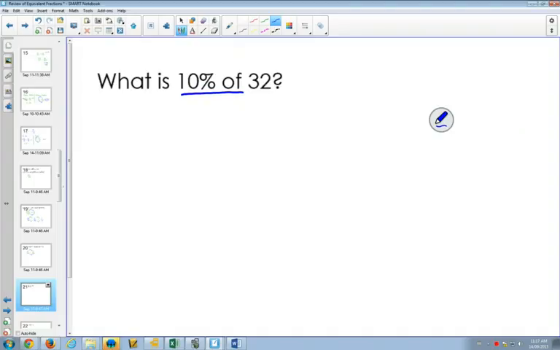That's how we say it, but how do we do it mathematically? What would we type into our calculator? Because last I checked, there wasn't an "of" button on my calculator. So we're going to see how do we do this on our calculator, and then we're going to see how do we do this without our calculator. So whenever you see the word a percentage of with our calculator,